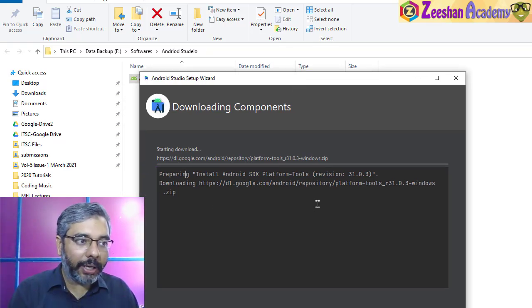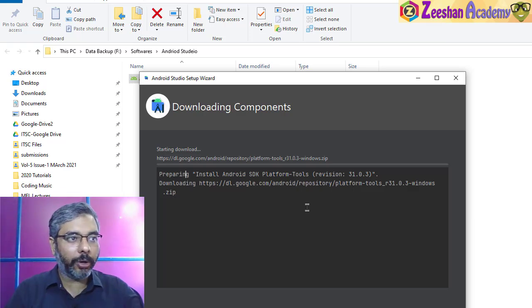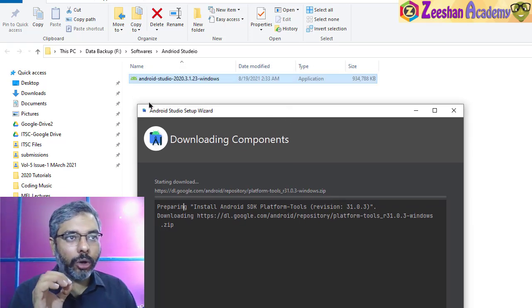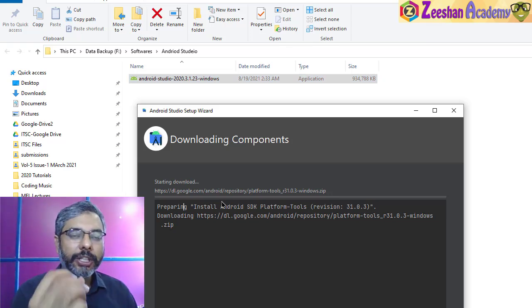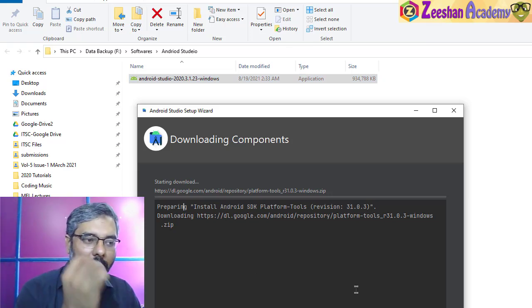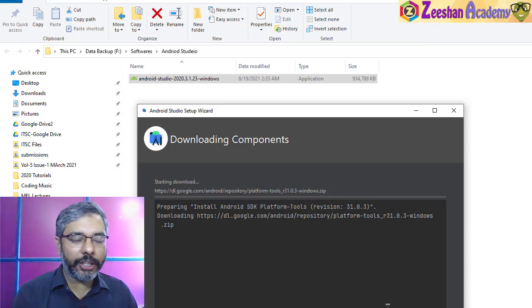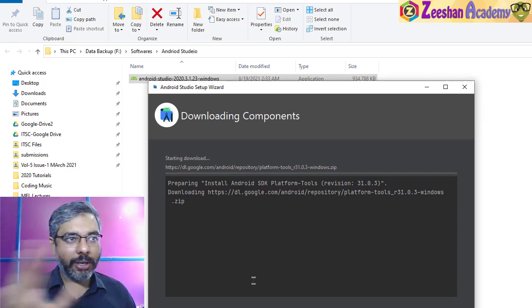And that's where people tend to think, oh, what is it doing, and they sometimes just click cancel, and the next time they come up, it just doesn't start up. So again I will reiterate: once you install this file, it will ask you for a few additional settings. Just click next and then click on finish. It will again go to the online server and download and install these files. I will get back to you when this downloading and installation is complete.